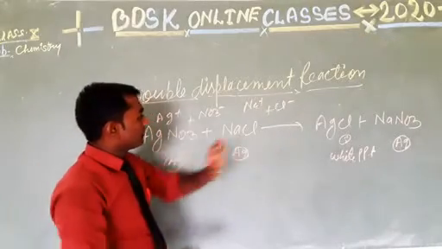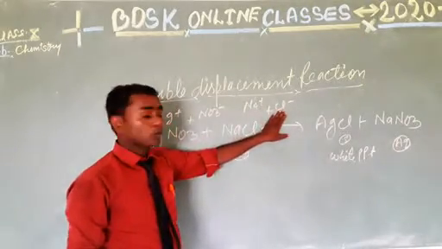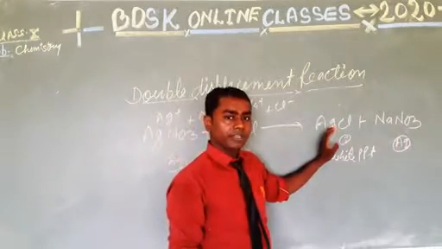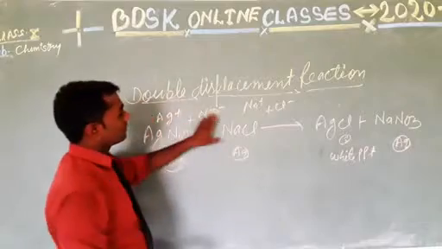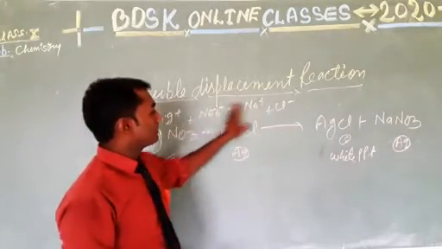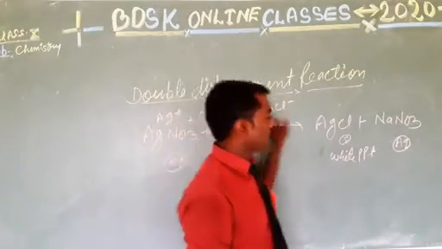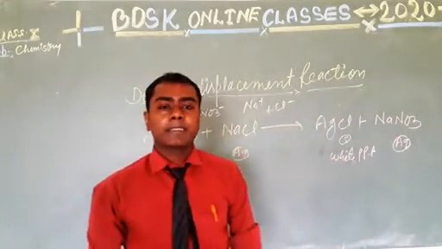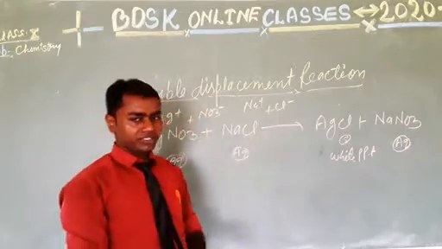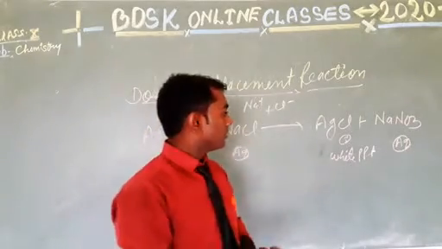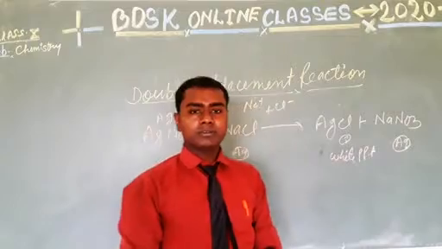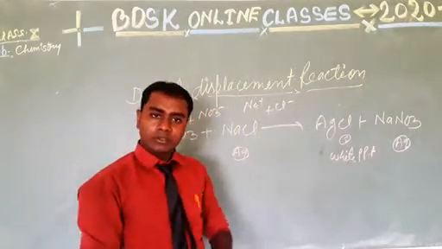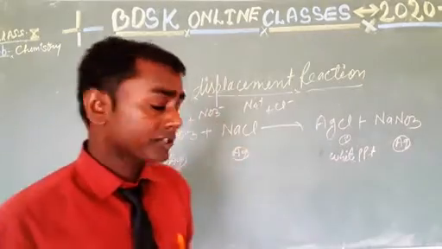Okay, Cl minus goes with Ag plus and forms AgCl. Okay, and nitrate ion goes with sodium ion and forms sodium nitrate. Overall, you can say that in double displacement reaction, the two new compounds are formed by exchange of ions. Okay, next,